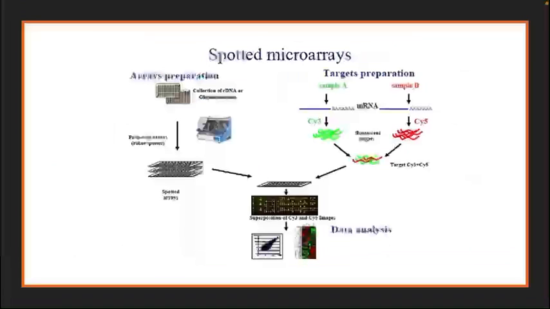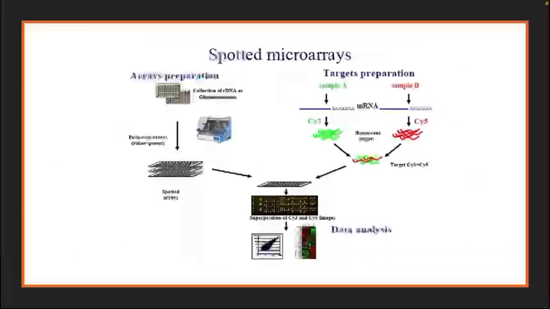So this is the pictorial representation of the process, the spotted microarray. That is the array preparation and the target preparation. In the array preparation, we are collecting the cDNA or the oligonucleotides and are assigned by robotic manner or mechanically. And then the target sequence, that is the sample A and sample B, are collected, and they are labeled with